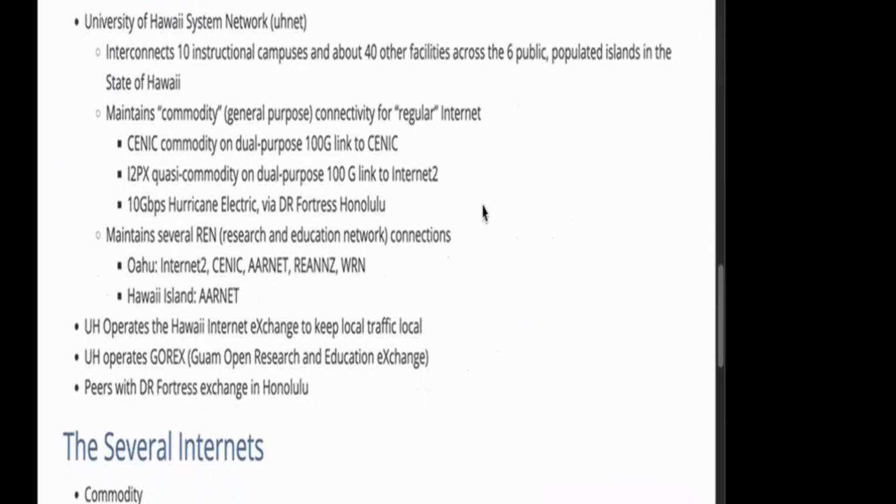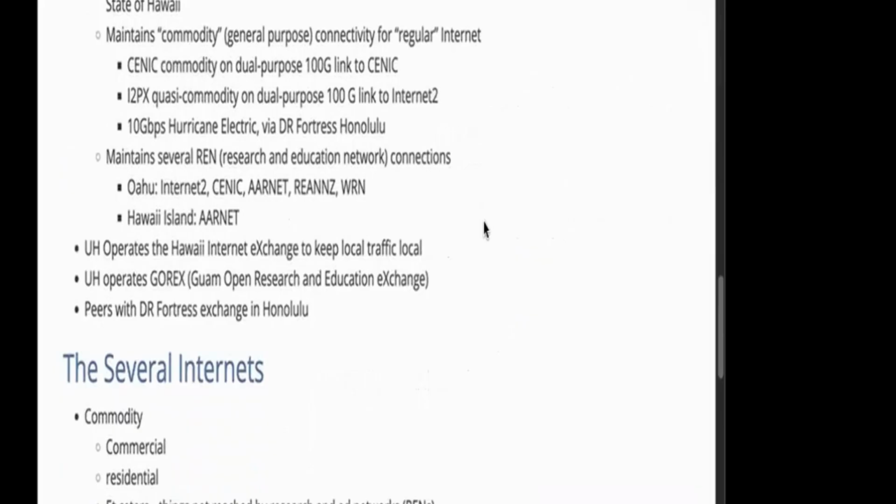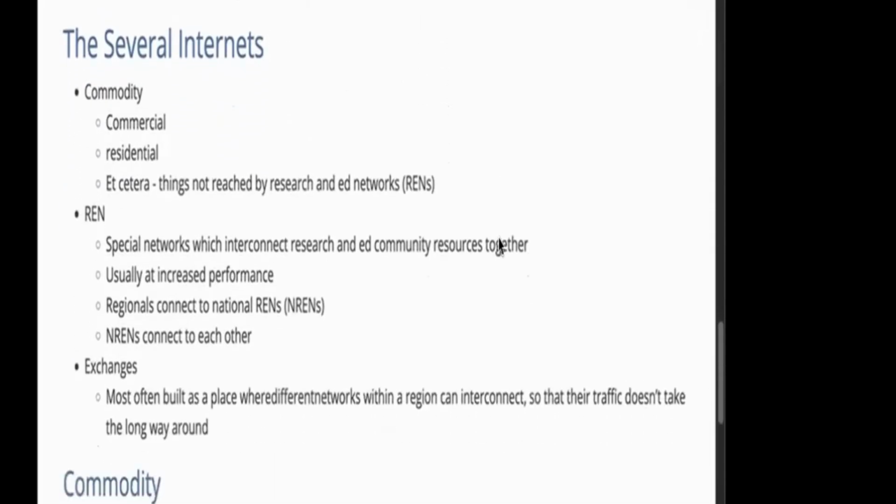So UHITS maintains the commodity connectivity for the regular internet and also maintains several research and education networks. So these are separate networks, but when you're on COA, for instance, you're actually going out on research networks and can have high-speed transit to other research institutions that are on the research networks. So a lot of detail here, which Alan would be going through, but